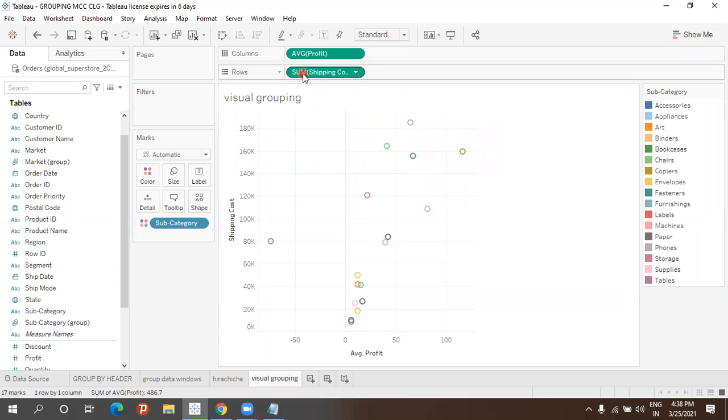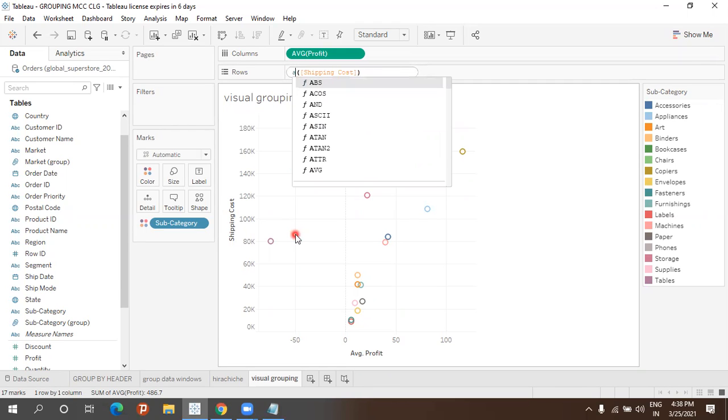So here we will try that. Just do a fast double click. Don't do a small double click, a fast double click. Once I click, can you see this calculated field, like sum in square brackets? Yes, sir. Just click here, erase that sum, and just type AVG. Can you see this?